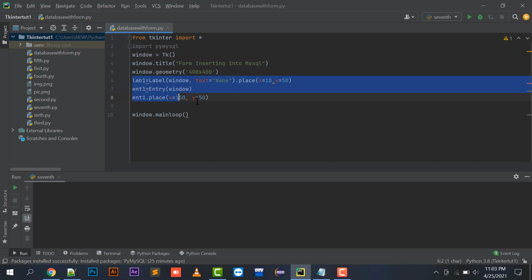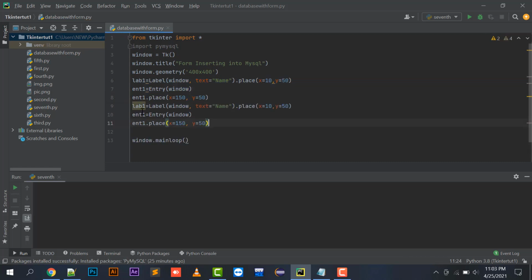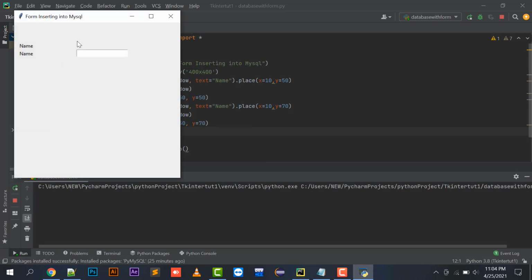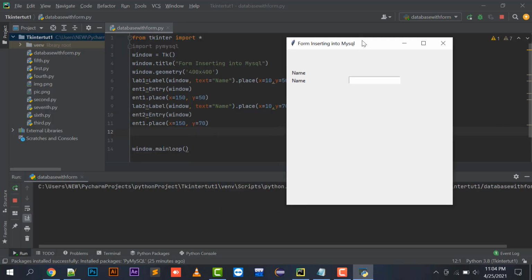And I'm going to just copy this. Let it be label 2, x equals to 10 and y should be 70, and let it be entry 2, and x will be 150 and y will be 70. And now I can just have a run on this. So I have displayed